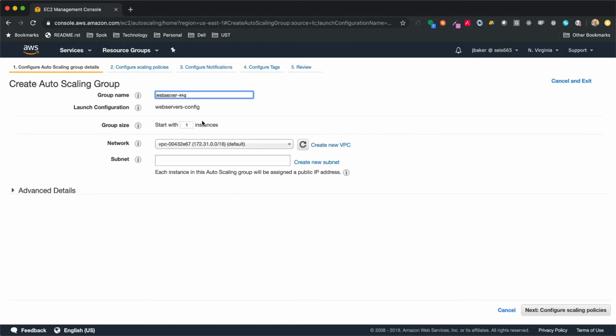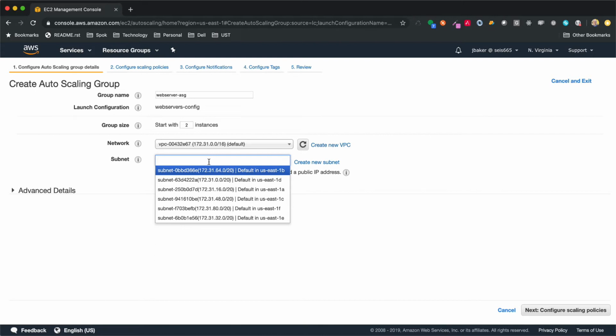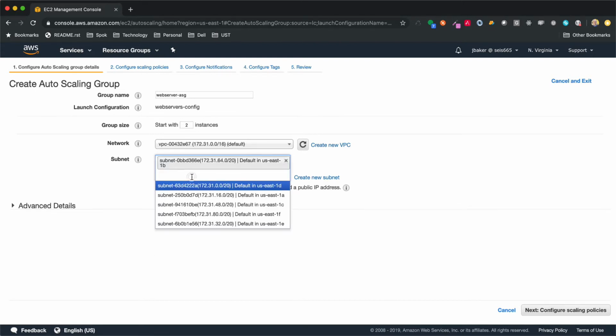Group size, start with how many instances? I'm going to start with 2 instances. And it's going to ask me for a VPC network and a subnet. I'll use the default network. And in terms of the subnet, I'm going to select a couple subnets that I want to run, which is